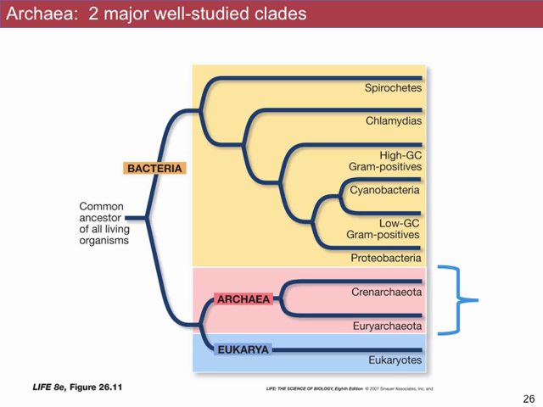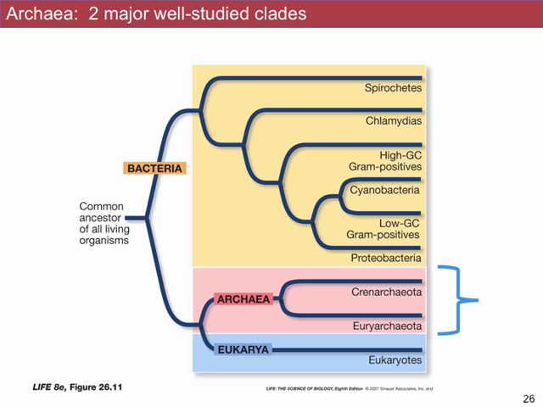Others grow at pH 0, that is like pure sulfuric or hydrochloric acid. And some of them grow at temperatures above 100 degrees Celsius. Basically, anywhere where water is liquid, there seem to be archaea that have been able to survive in those environments and thrive. So in the bottom of the ocean, where pressure compresses the water and makes the boiling point higher than 100 degrees Celsius, there are archaea that thrive in those conditions where there's like a volcano, and some of them have been shown to have optimal temperatures of growth at 110 degrees Celsius.